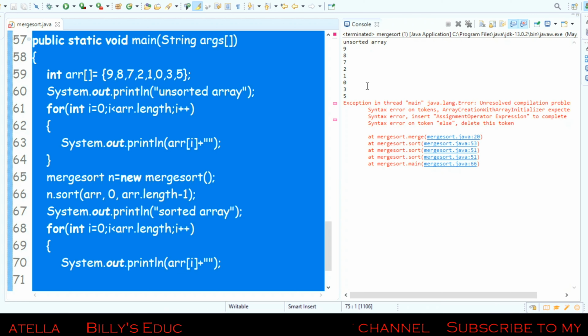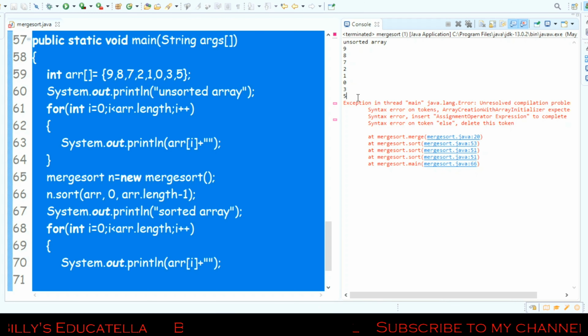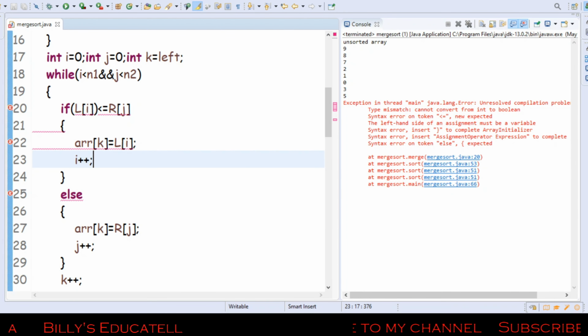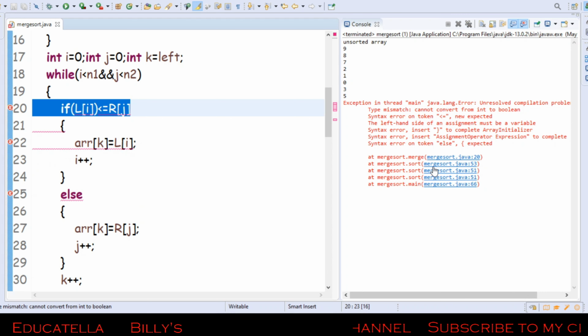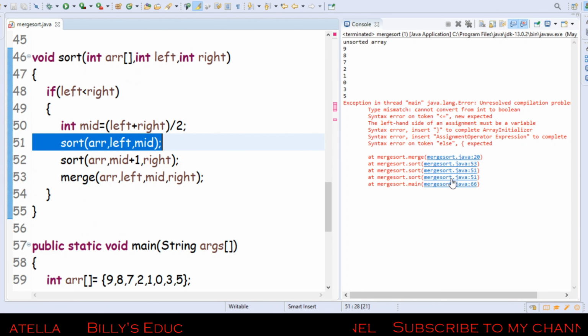Here it is running and the sorted array is printed. Compiling is very easy. Okay, let us check where the errors are present.